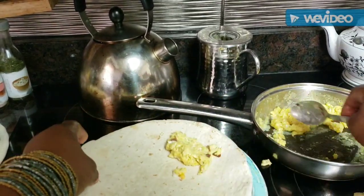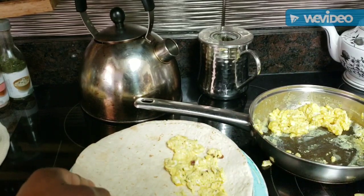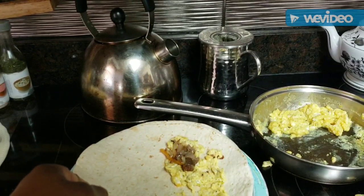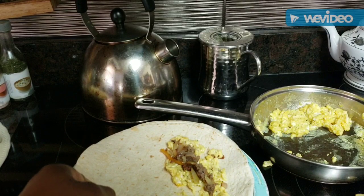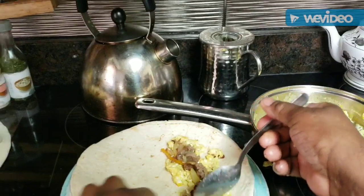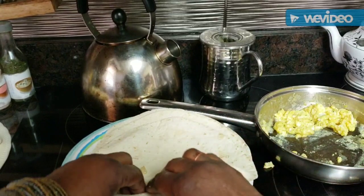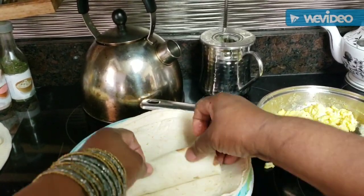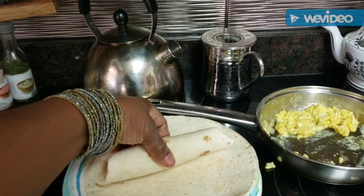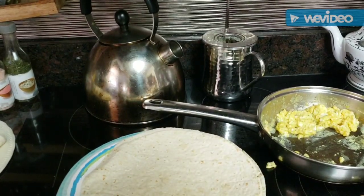Now here's where I'm gonna put, I'm just gonna go ahead and do one more plain one without the peppers in it. One more plain one, with no peppers. Okay, we're almost there. But you see how simple and easy this is? Voila. All done. You can also put these back in the skillet, and what that does will seal the